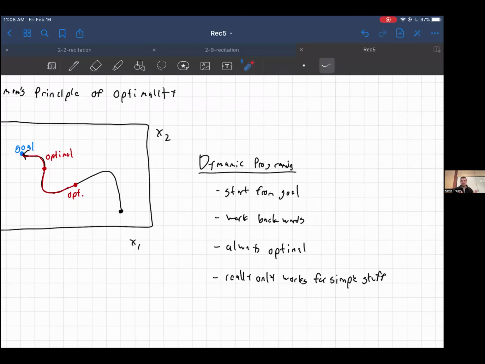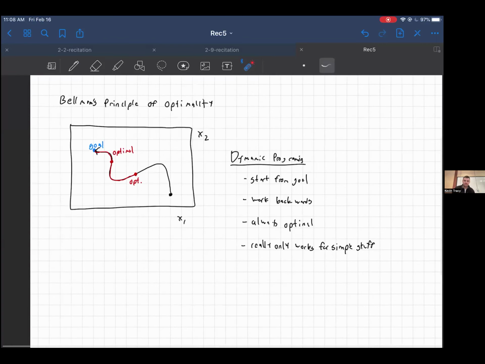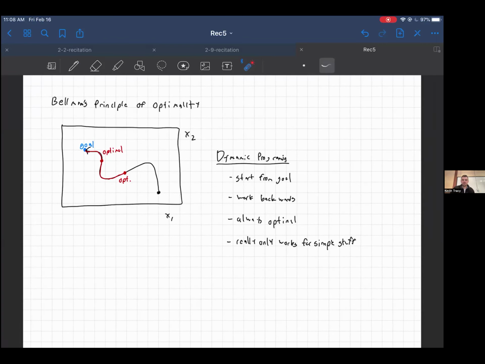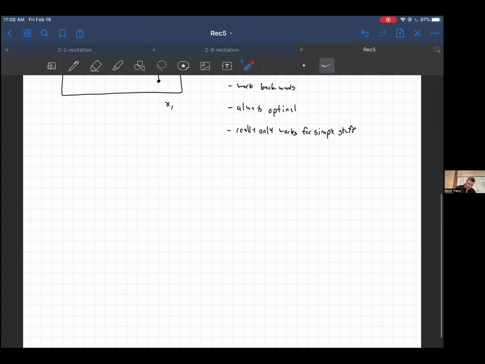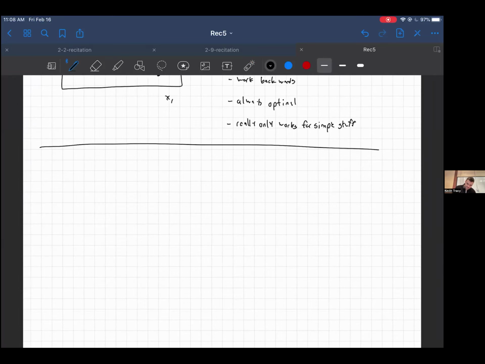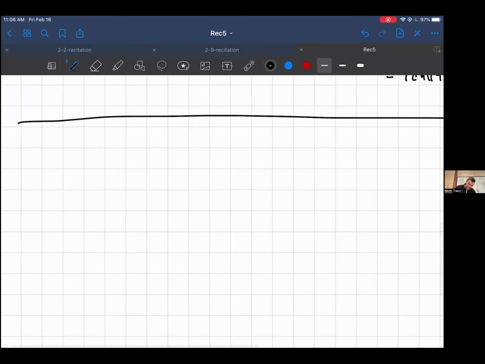Turns out that simple stuff means linear dynamics is one of those things that works really well with this. And we love using linearized models. We sometimes have linear models, and all these things make dynamic programming with linear models work super well. And with that, we can get into how we get the LQR problem. So let's talk about, and this is something that we went through last time, the finite horizon